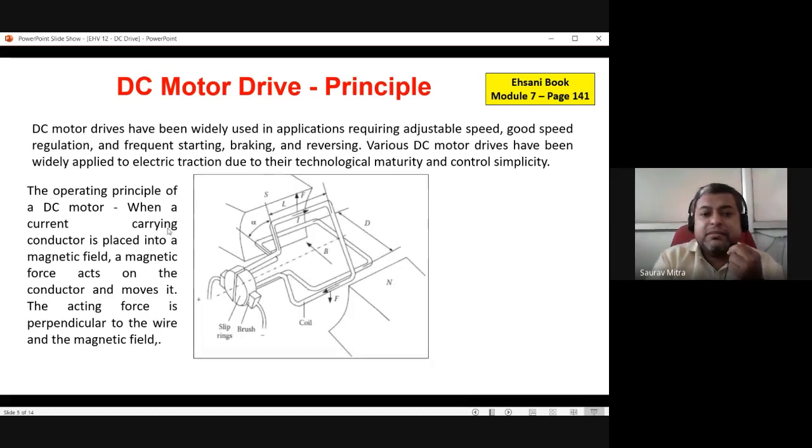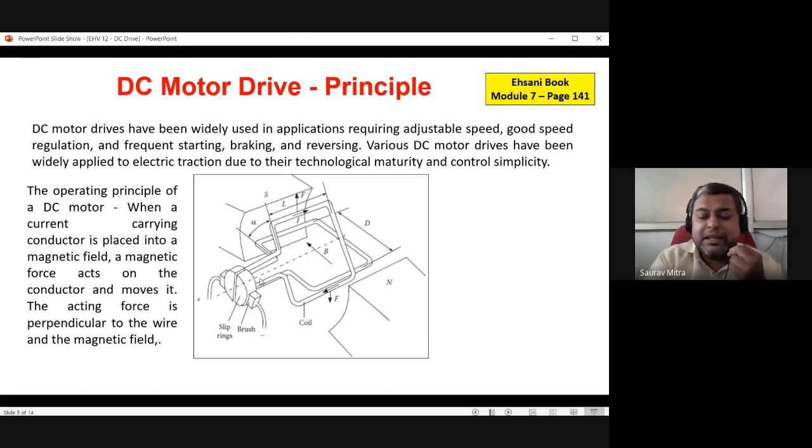The operating principle of the DC motor we have seen. So these are the north pole and south pole. They are actually giving the MMF supply, and this is the coil for the armature, this part is the commutator, and this is the brush. The brush is connecting the electric supply to the commutator, and through the commutator the electric supply is connected to the coil. This coil is carrying an electric current, and this coil is rotating in the magnetic field. Hence this coil keeps on rotating, so there is a mechanical force which is produced on this coil.